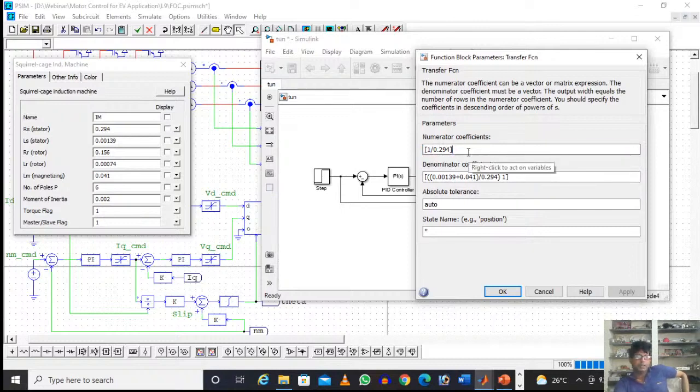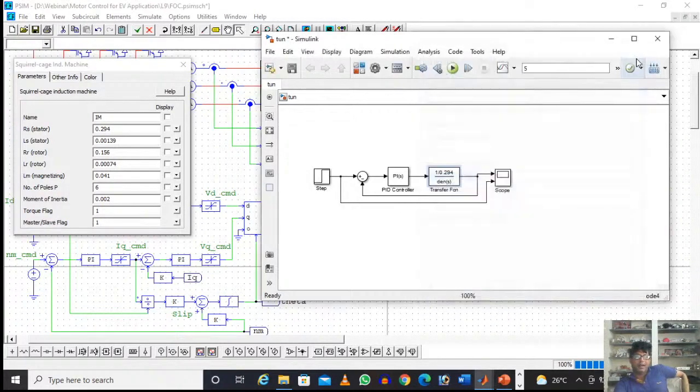In the denominator, this is s tau s, where tau s is L by R. L means self plus mutual. So here the self is 0.00139 and the mutual is 0.041, divided by Rs. So that is this one, and 1. After putting this,